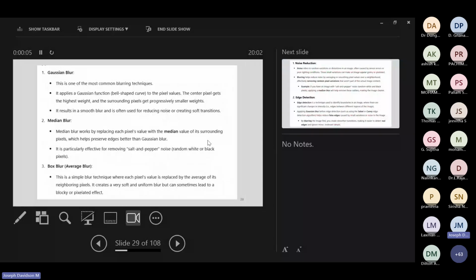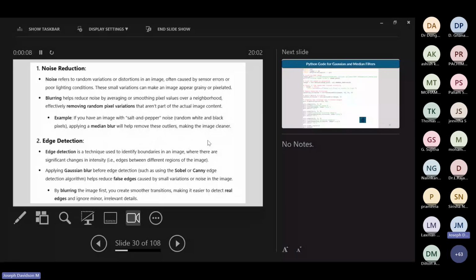These types of blurs are used to reduce the noise. What type of noise actually? The noise can be a broken edge. The noise can be a fused grain. The noise can be an edge grain. And the noise can be salt and pepper noise. Just now I showed, in an image there are a lot of small dots. We call it salt and pepper noise. They are random white and black pixels, and they are not contributing to the actual measurement. They are noise factors which can mislead the algorithm.